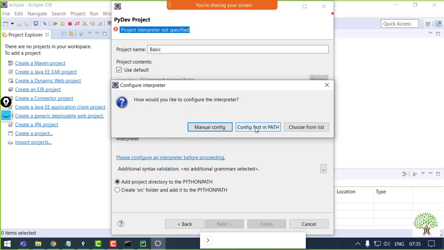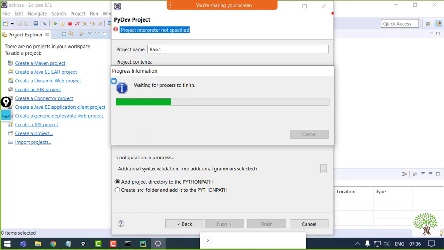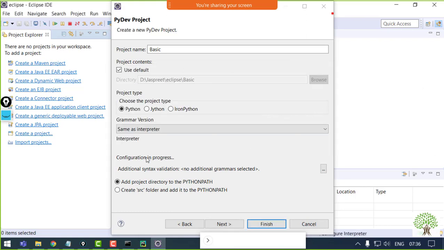That means the whole project you can run using the same run option. You don't have to create another configuration or anything like that. The same project interpreter is going to work. So if I click on it, it will start configuring my interpreter. If you haven't checked the checkbox, then you have to manually pick the location and set it over here. Okay. So once it's completed, over here the information will come for the interpreter.